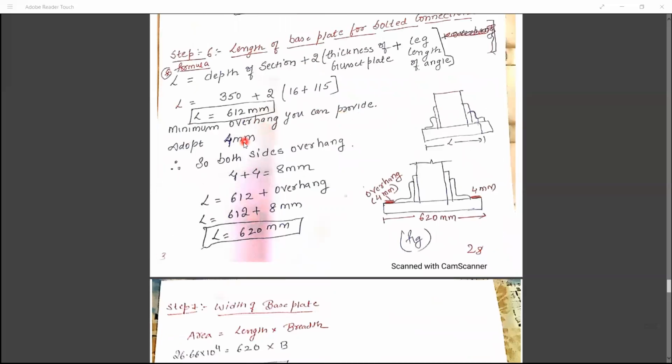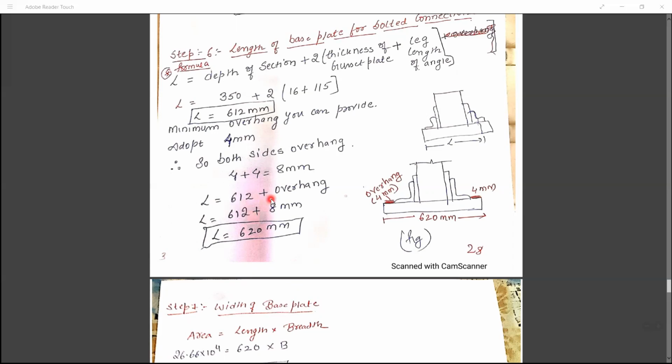So the minimum overhang you can provide is 4 mm. Generally 4 to 6 mm we are providing, but as far as this problem is concerned, we are providing 4 mm. So better, whatever values I am giving in the notes, these are all standard values. Better you remember and go with them. So your design will be safe and no need to revise the designs. Because once you are stuck anywhere, if you get an unsafe value, you have to design again from the start, it will take another 10 to 15 minutes. So better remember the standard values for the examination point of view, so that it will be easy for you and safer to design.